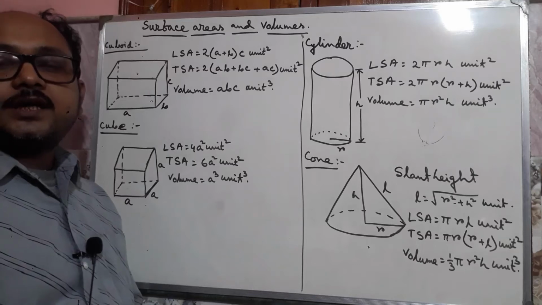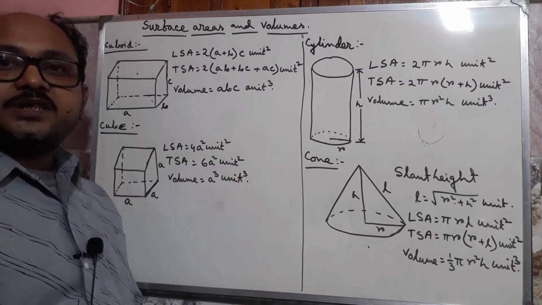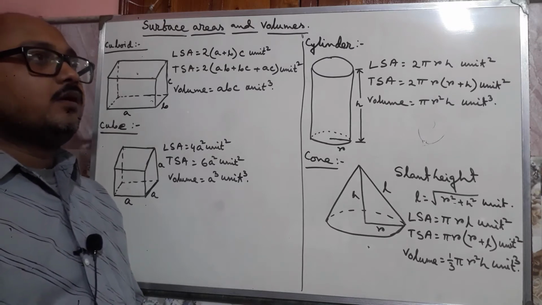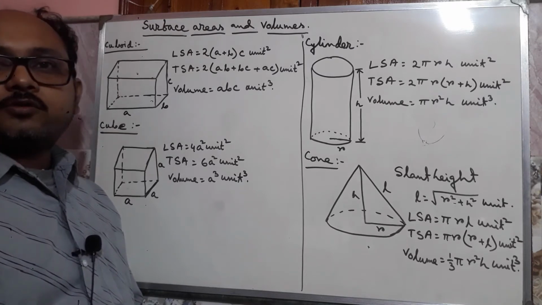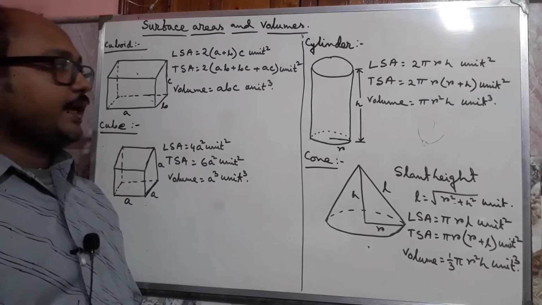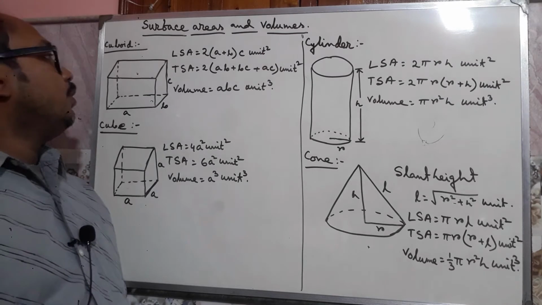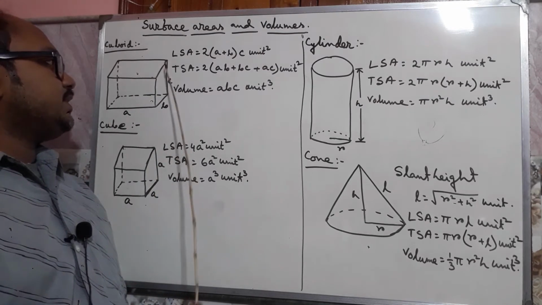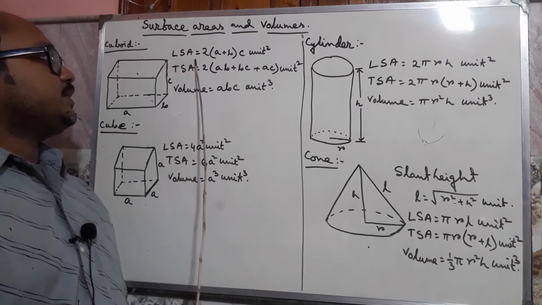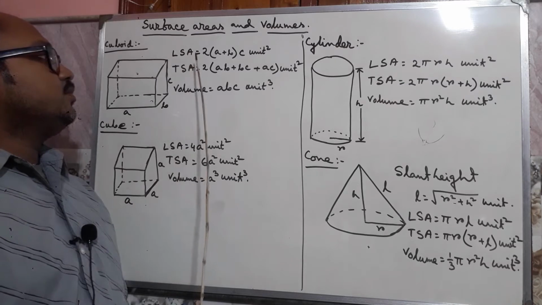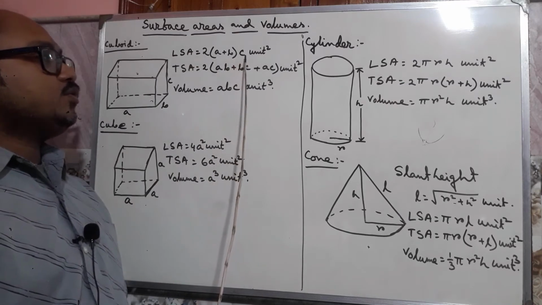Today we shall discuss the chapter surface area and volume for class 10. Already we learned the formulas to find the surface area and volume. Again, let us see, for a cuboid, if the length is A unit, breadth B unit and the height C unit, then the lateral surface area, that is perimeter of the base into height, 2 into (A plus B) into C